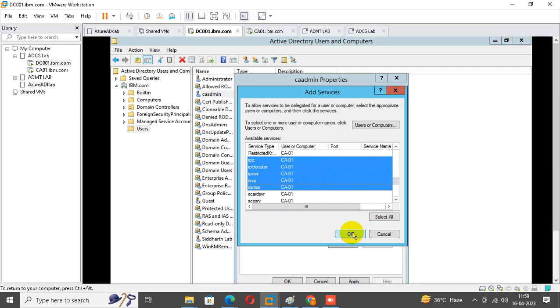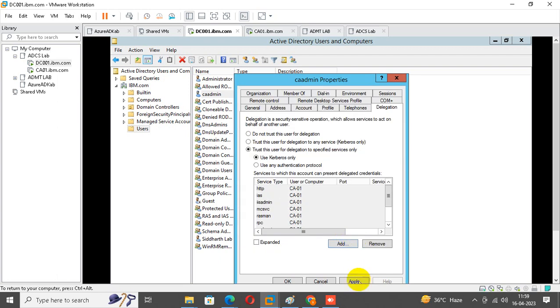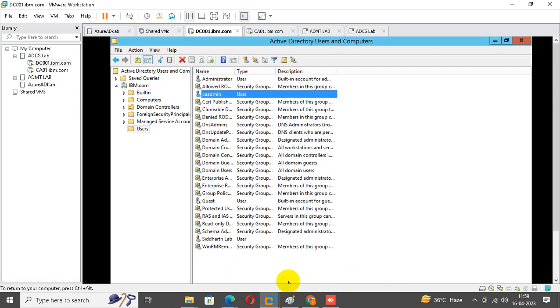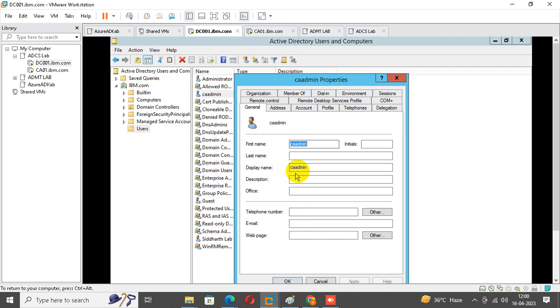These are all the services you need to run this web interface portal, where you will provide these services. And I have given this kind of service principal name, if you go to the attribute editor,